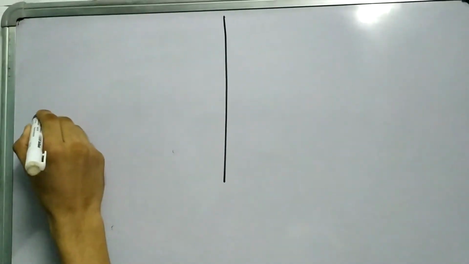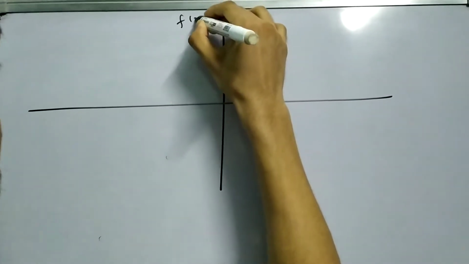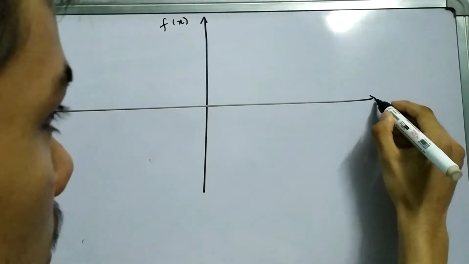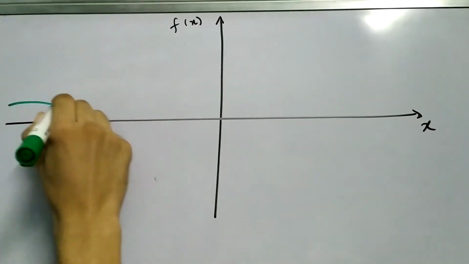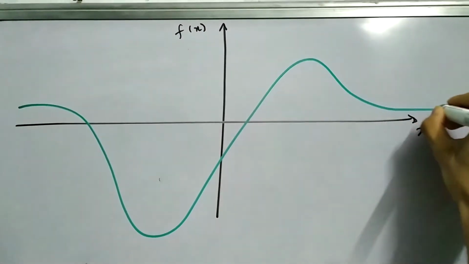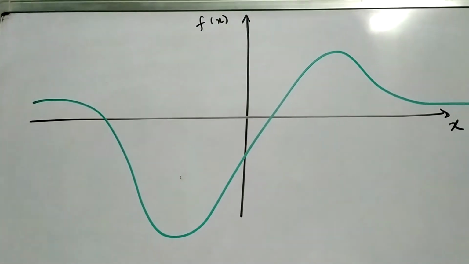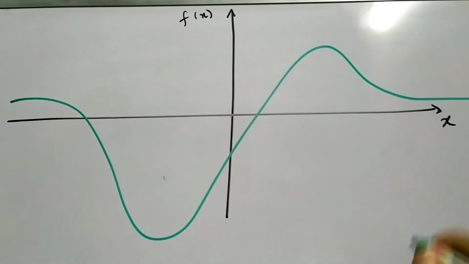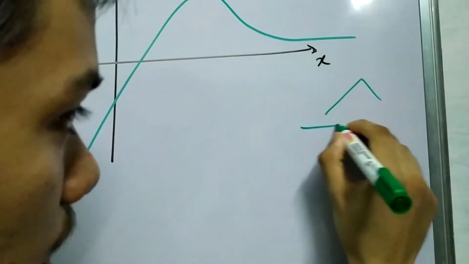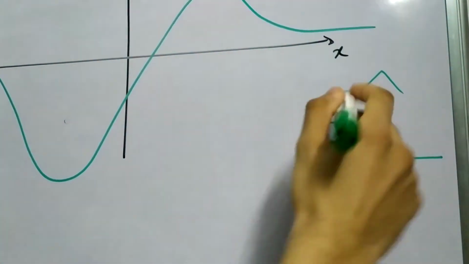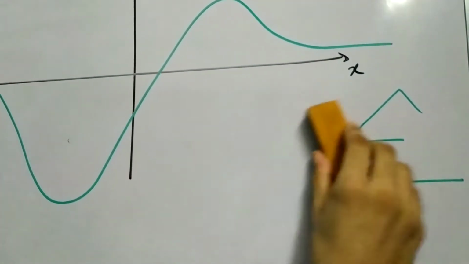Okay. So these are the axes. This is f of x. This is x. This is the axis, and just say you have this kind of function. Okay, it's completely arbitrary, but the important thing is that the function doesn't have any sharp peak, something like this, or is discontinuous. No gaps, no sharp peaks and no gaps. That will be our assumption, and this is a very real assumption.